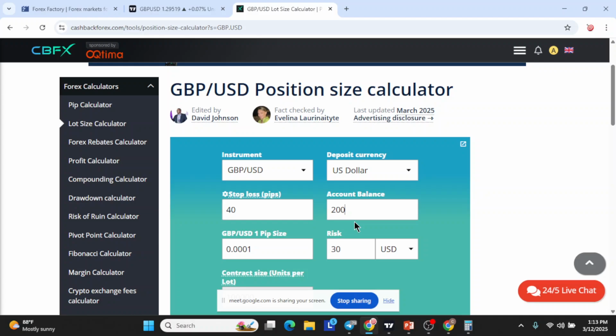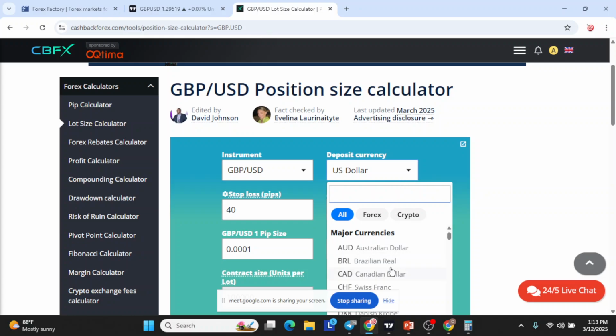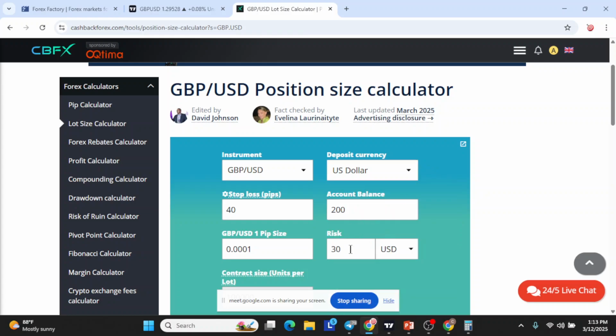$200 is what we have in our trading account. This information you don't need, just leave it. Now for risk, the only things you want to input are the instrument, the stop loss, and the account balance, or the deposit currency too. If your deposit currency is maybe in another currency, maybe you deposited in Australian dollars or pounds, maybe you probably don't open a US dollar account, but we are actually going to be opening a US dollar account. So risk now is that from your $200 balance,